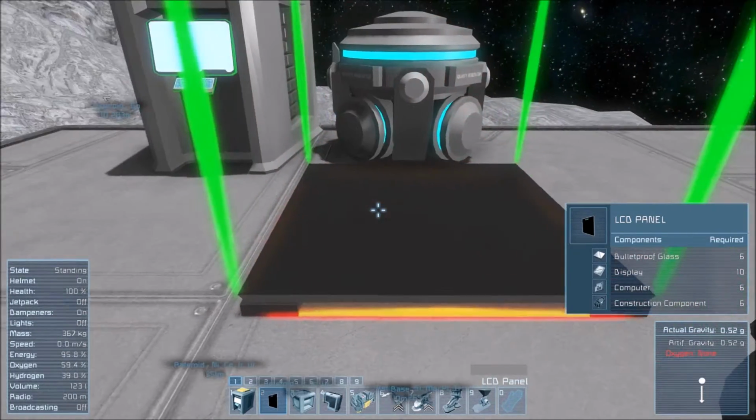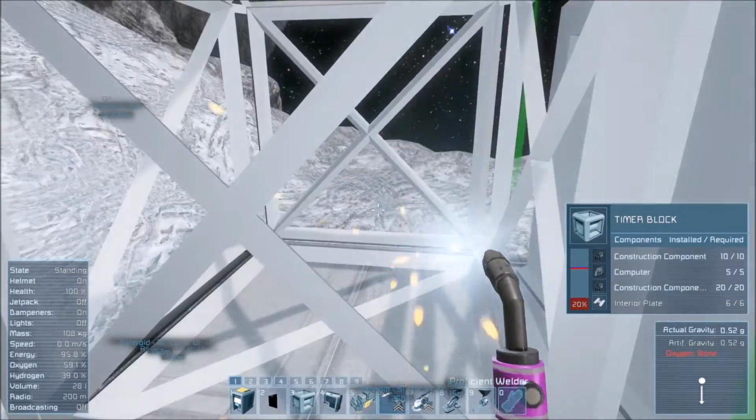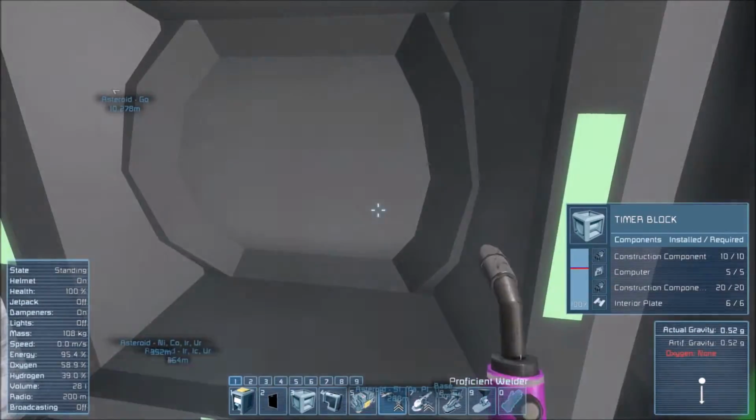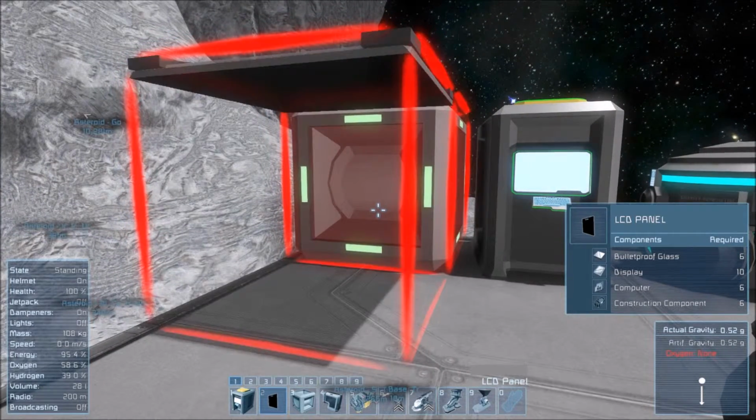So what I've also got on my hotbar is LCD panels. Just gonna throw down this timer block. It will be used later. So LCD panels can display text on them. So I just need to